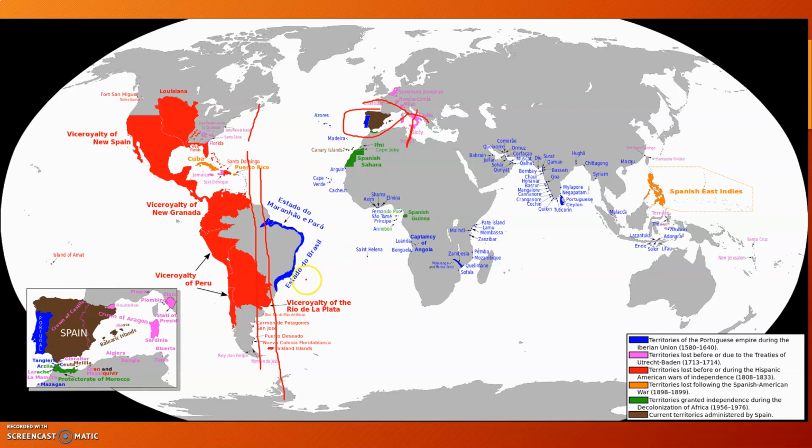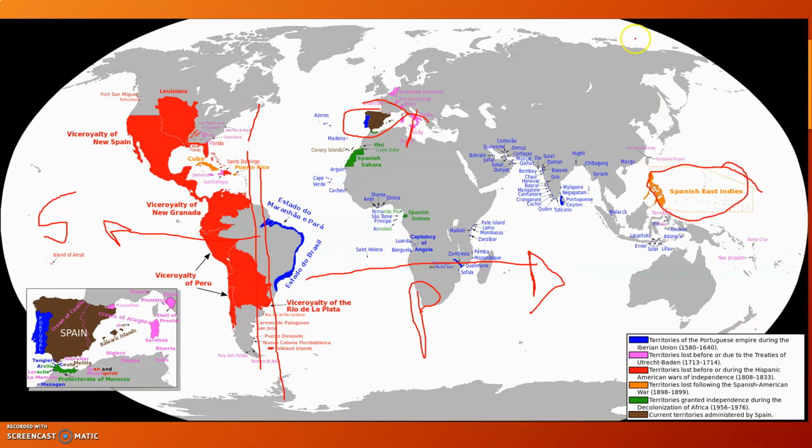Basically it meant that everything this way from the line went to Portugal, and everything this way from the line went to Spain, all quote unquote uninhabited lands. And that's why the Spanish wind up with territories over here in the Pacific. The Spanish said, yeah, basically that line goes to here-ish, maybe. And so they claim the Philippines. But this is why the Spanish have so much territory in the Americas initially, and why Brazil becomes the only territory claimed by the Portuguese.